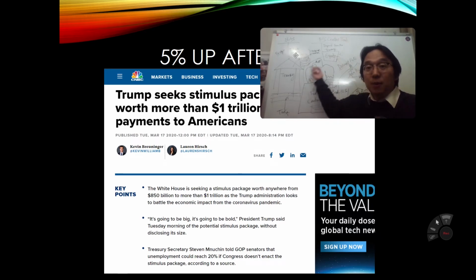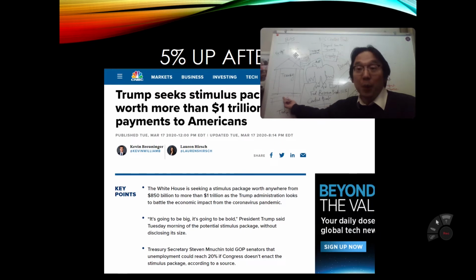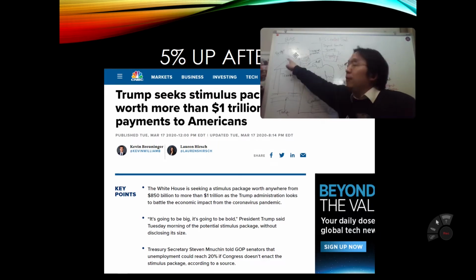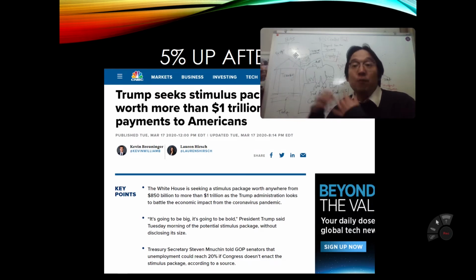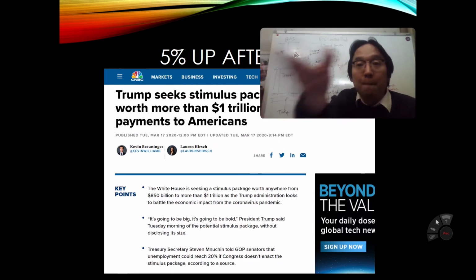In this picture, monetary policy is about the central bank. And fiscal policy is about the Treasury, the government, the administration, the government budget issue. They need to do something about it, instead of the central bank pumping money into the system or not. What the Treasury does is a lot different. What is it? Directly doing some projects or doing something for the people and giving money directly to them.